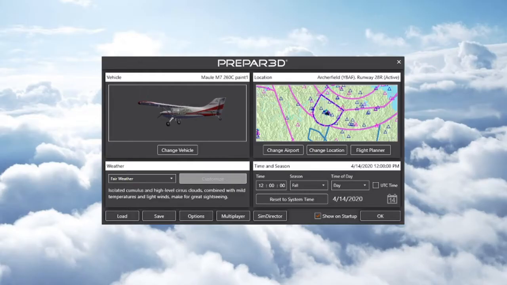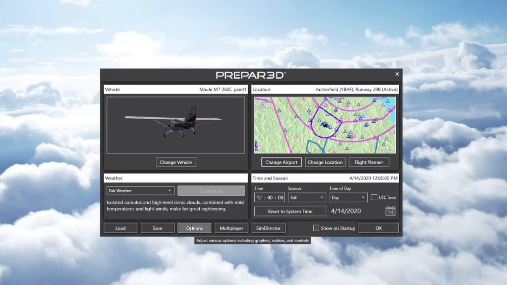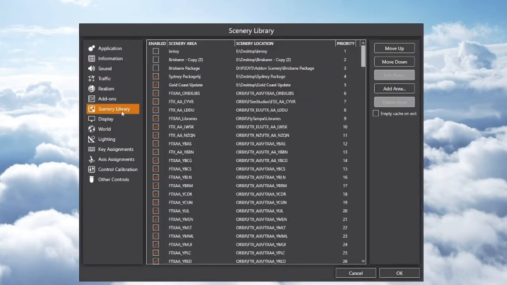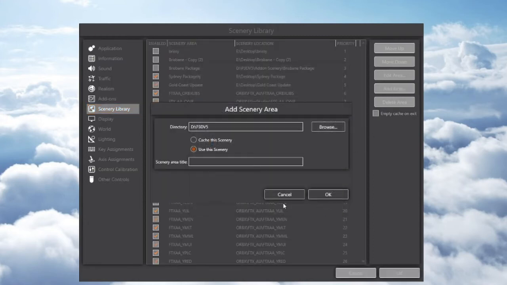So obviously what you want to do is start up Prepar3D, and then just click options here, scenery library, and add area, and just click browse, and you can find your package that you created. So I've actually put it into my Brisbane package, I call it, or the Brisbane cityscape that I've created,